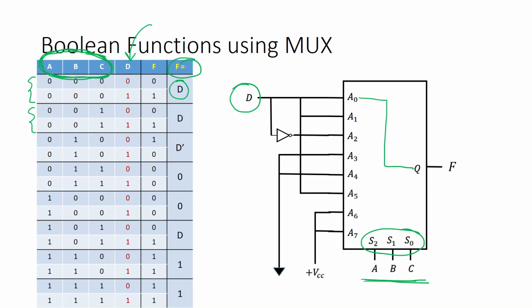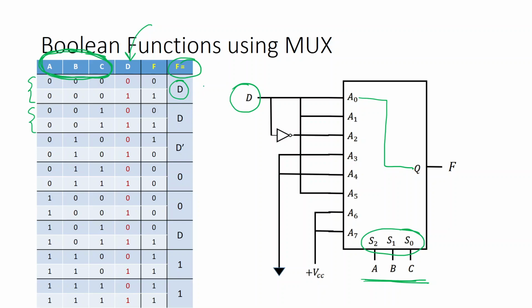And sometimes it is D, sometimes it is D dashed, sometimes it is directly 0, sometimes it is 1. No matter what D is, F is always 1. In that manner I will now look into the data lines, and I will fix up the input side of these data lines. Either it will be D, or D dashed, or 0, or 1. So where it will be D, you see D will be here for 0, 0, 0, for 0, 0, 1, that means for 0, for 1.